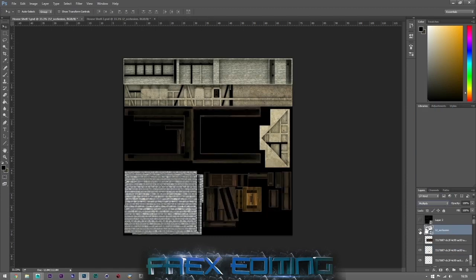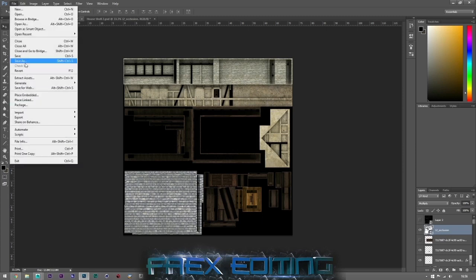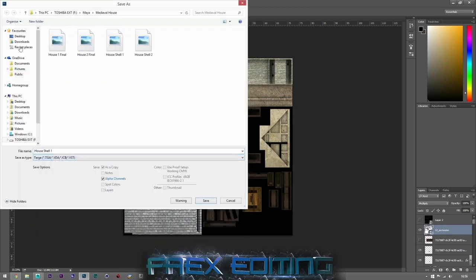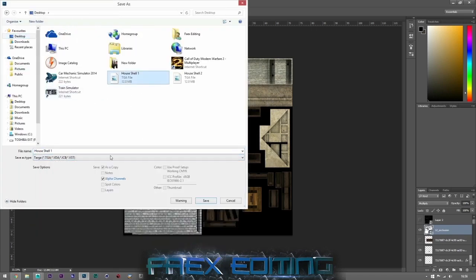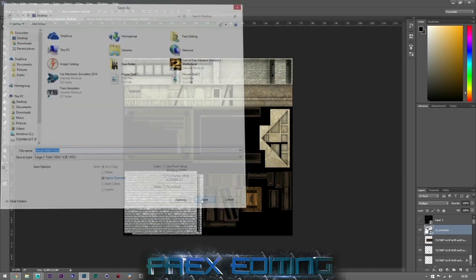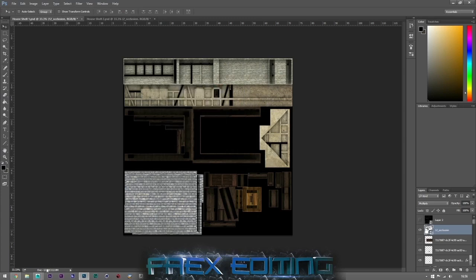Turn off that, and what that does is it removes the whites, and it basically turns it into an alpha. And then you can see the shadows here. So obviously black is a shadow, white is nothing, anything in between is a degree of shadow. So you can have a nice gradient like I have here, from dark to nothing. Yeah, so that's how our ambient occlusion map is calculated. And then we can just go File, Save As, save it as a Targa, and then go to House 1 Final. 24 bits it has to be,